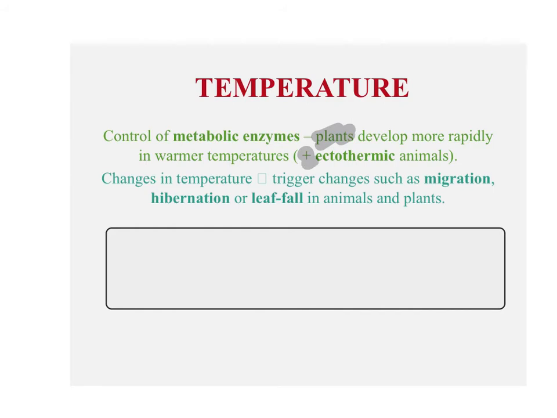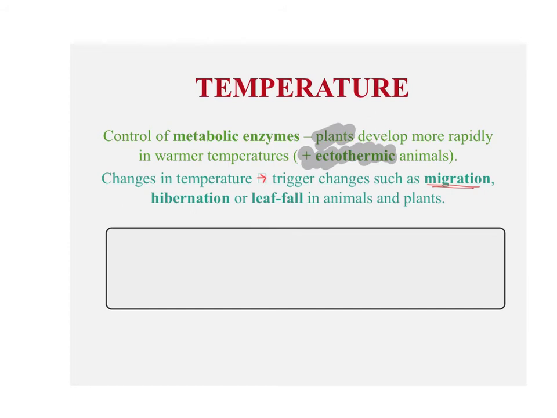But also in ectothermic animals, so animals that rely on the outside environment to control their body temperatures. In other organisms, the changes in temperature are going to trigger movement changes, so actual physiological changes, behaviour changes, such as migration patterns. So maybe the chilling of the temperature means that these birds are going to fly now from England to South America if they can get across the ocean. Maybe in certain circumstances, if you're a bear, for example, you might start hibernating, or plants might start losing their